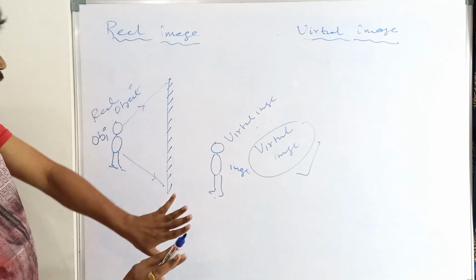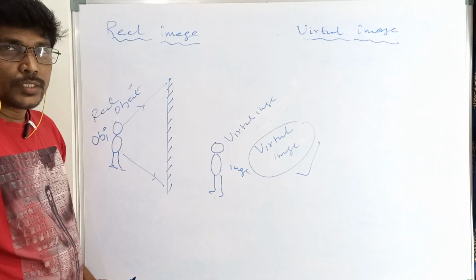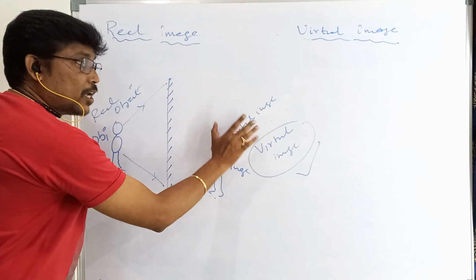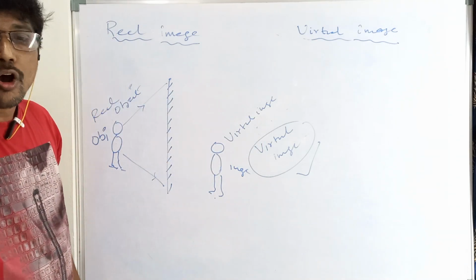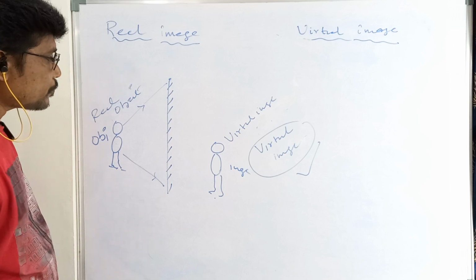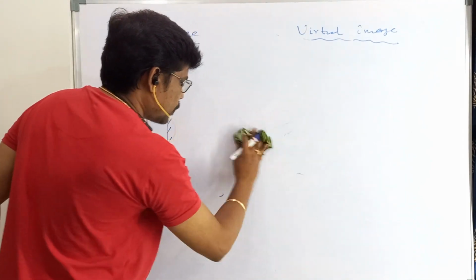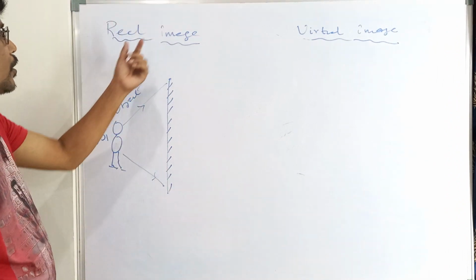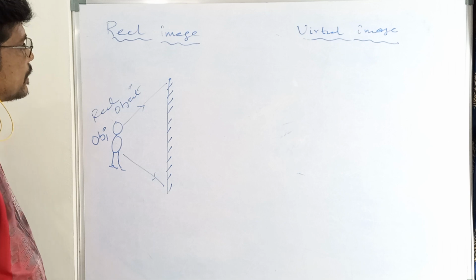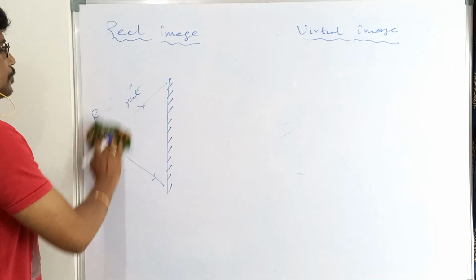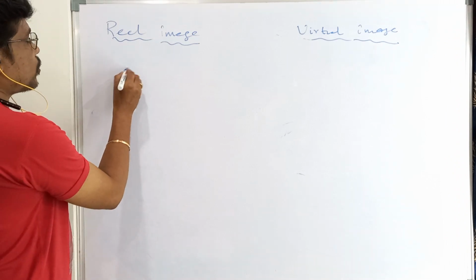So you understand here, the plane mirror will generate a virtual image for a real object. Now how do you get the real image? For this, first I would like to consider a lens, a convex lens,